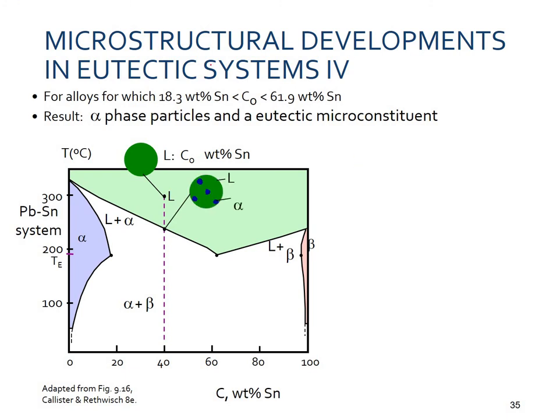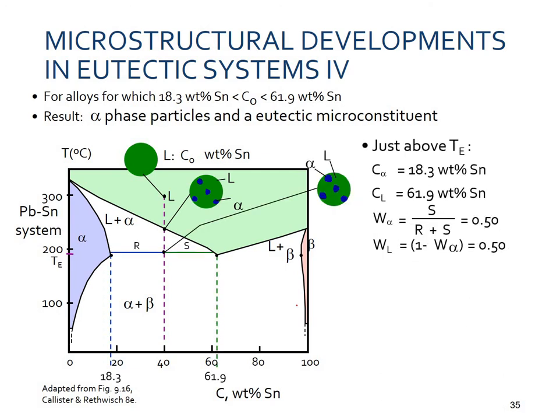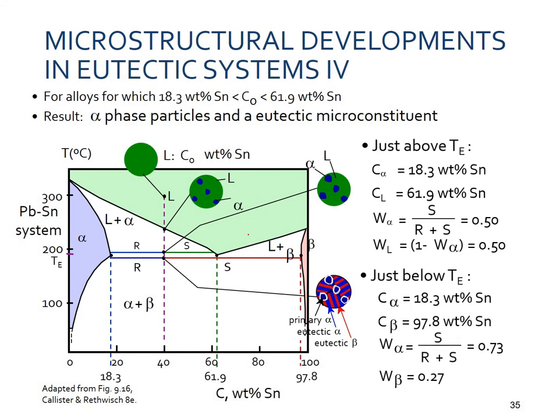Okay, so microstructural developments in eutectic systems for alloys of which 18.38% of tin is less than this composition and greater than this composition. There are alpha particles. Okay, so let's see this. Now we are discussing the hypoeutectic system. Okay, so this is the liquid phase. While we will be cooling it, it gets proeutectic alpha over the liquidus line. Then these particles will be forming,